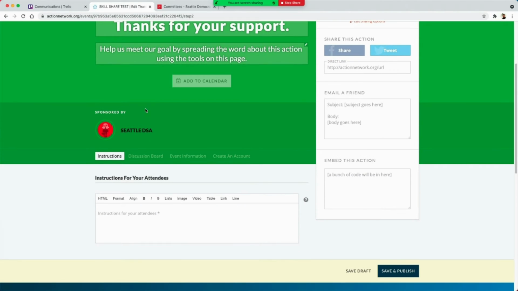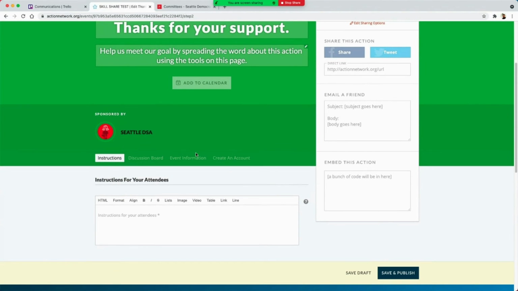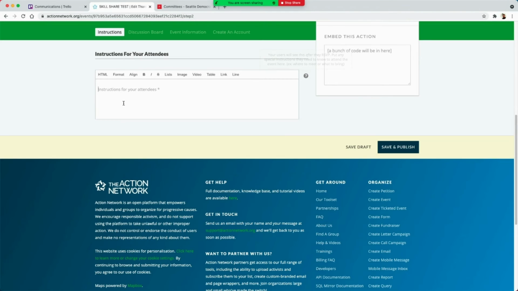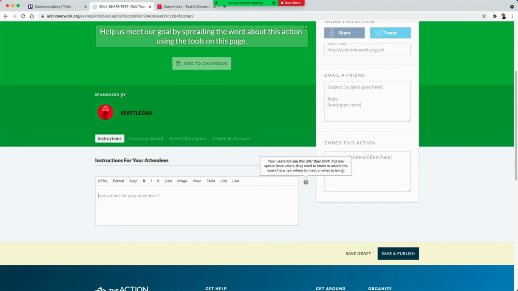All right, so this is important because this is the information that someone sees after they register. So for good OPSEC, we generally keep the Zoom information here and paste it in for instructions for people on the event information. So just post in all the information from Zoom, the Zoom link, the dial-in info, all that,